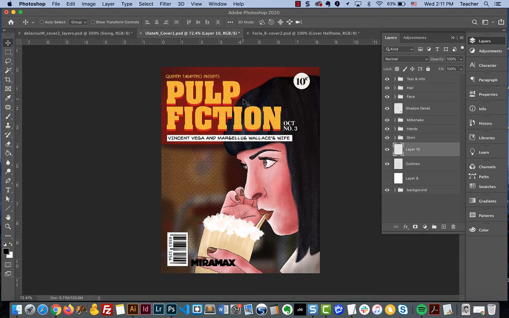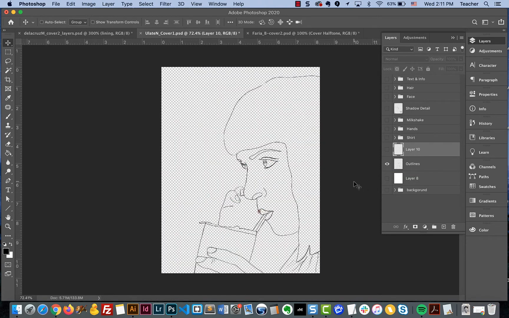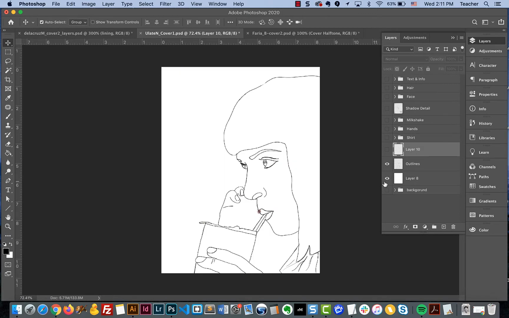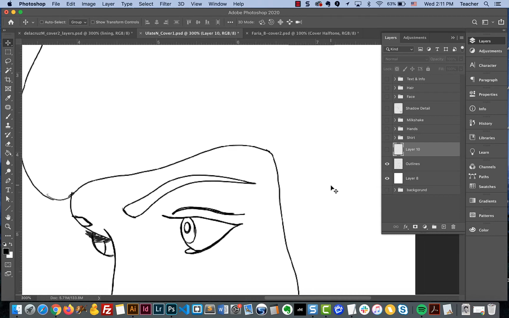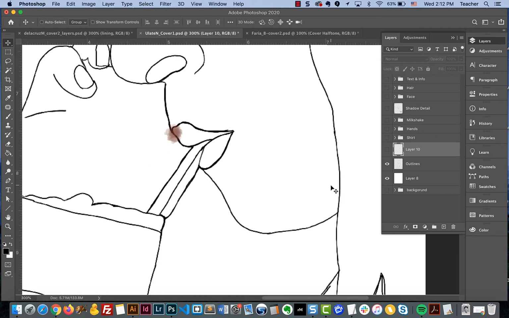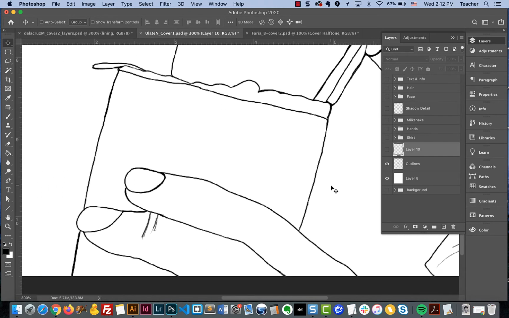I do have another student example here where we've got, this is the finished product, but we do have outlines here that we're going to be able to work from. And you will be able to see that this is very basic. It's not meant to be perfect. It's meant to be a quick illustration, and the purpose of outlines is to help you be able to select